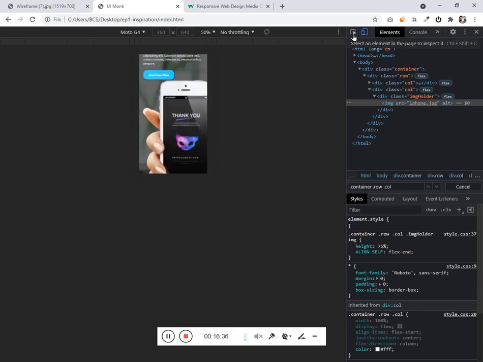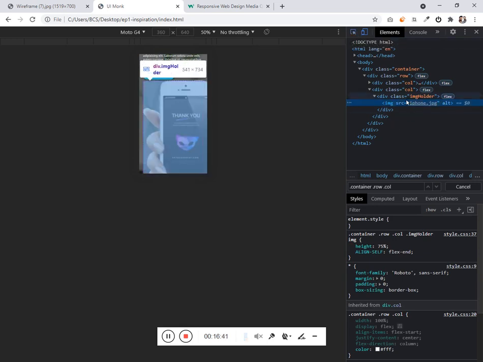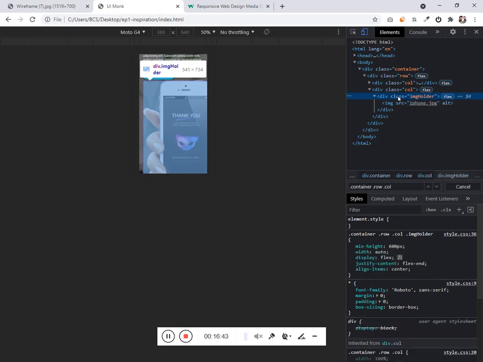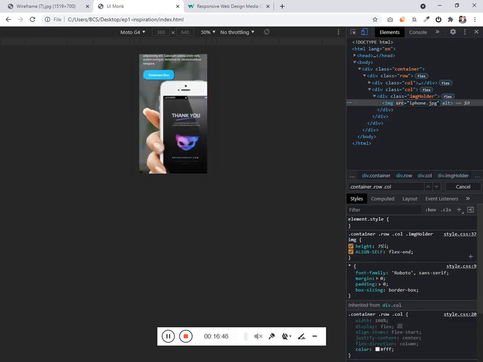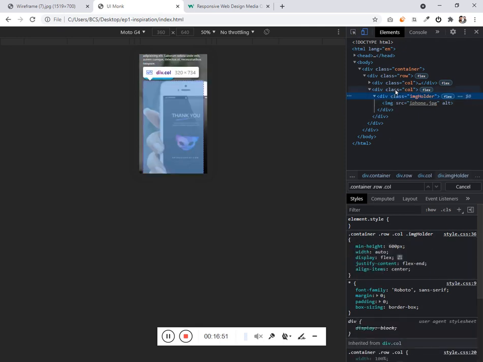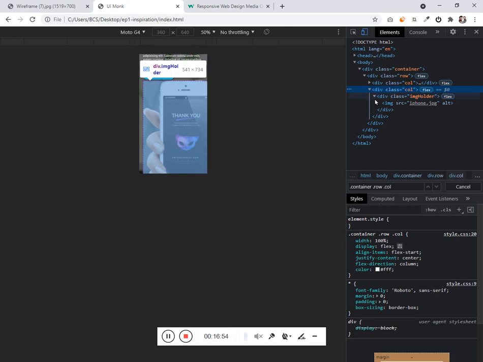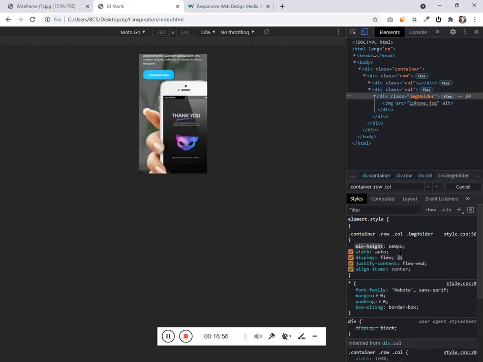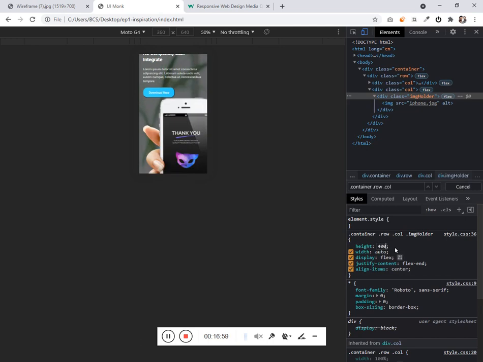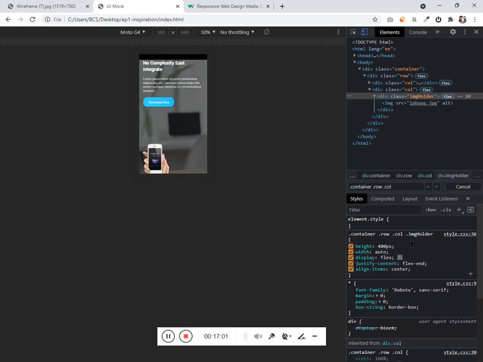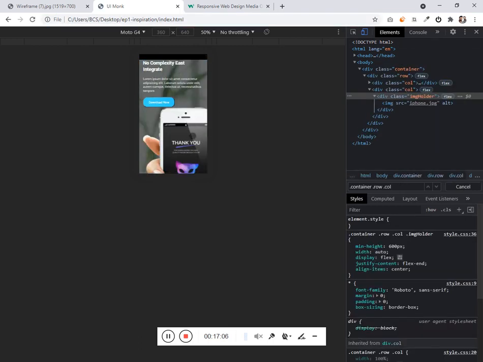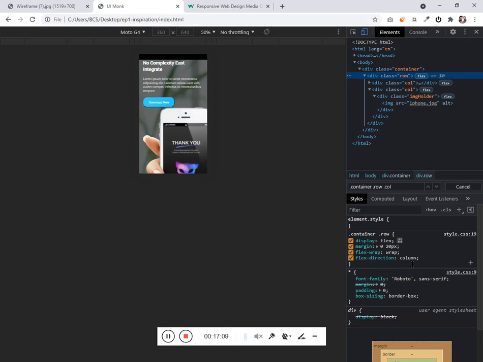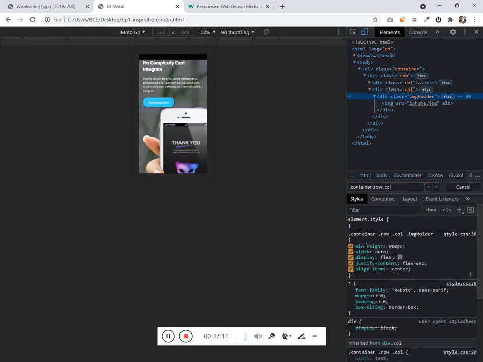So when it's time to change the height of the mobile, I think we have to remove the minimum height for the image holder.